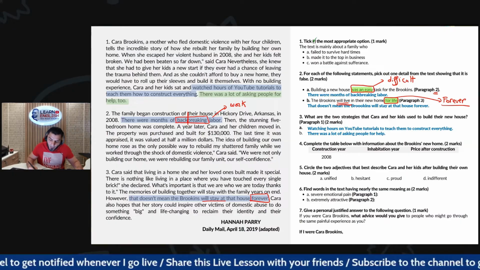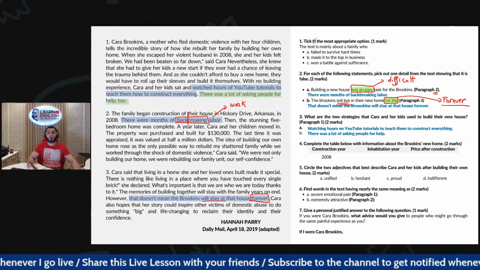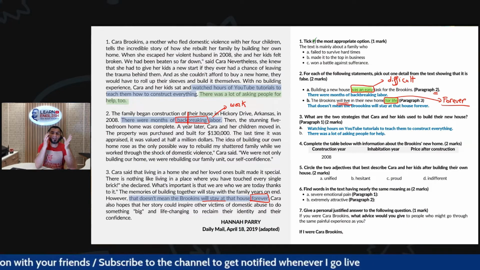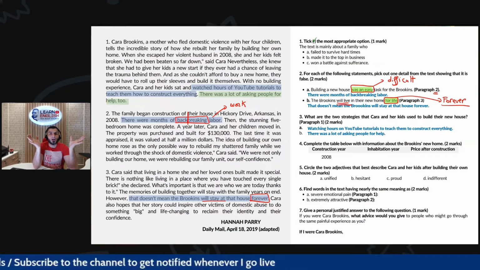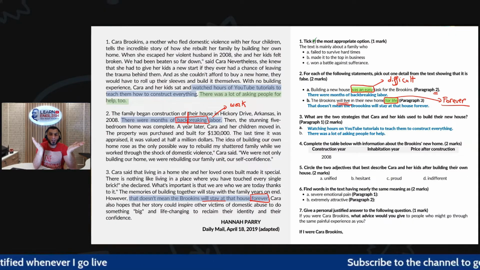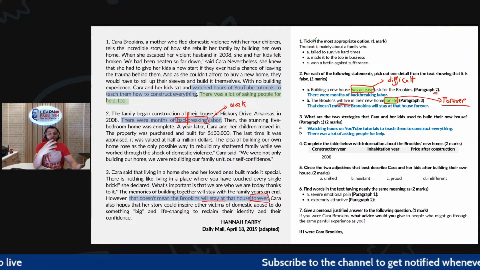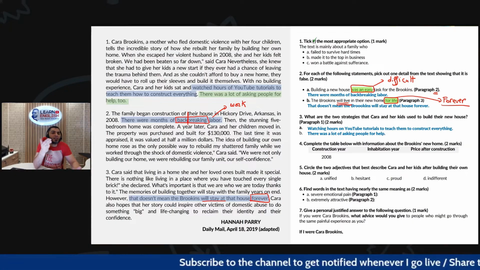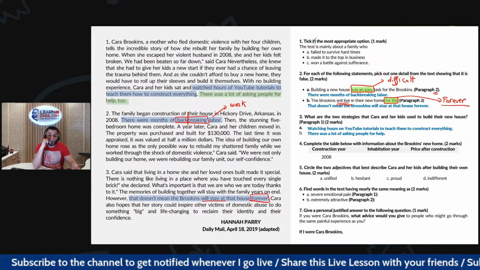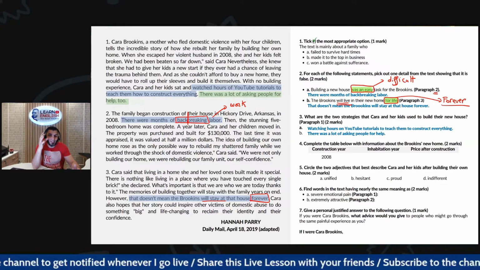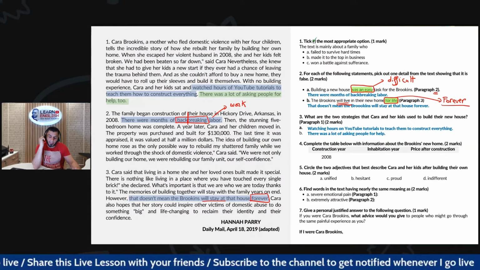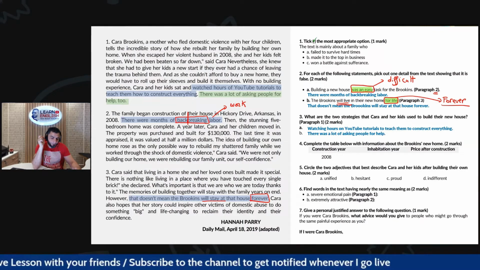So there was a lot of asking people for help. So these are the two strategies. So you see, I have not written long sentences. Just one sentence for each line. But sometimes the students write many sentences thinking that the correct one will be among the sentences he or she wrote. So it's not about gambling. It's about really understanding what the text is about.